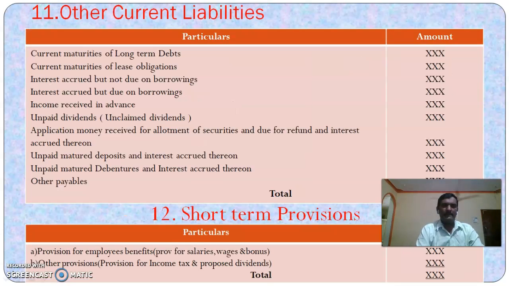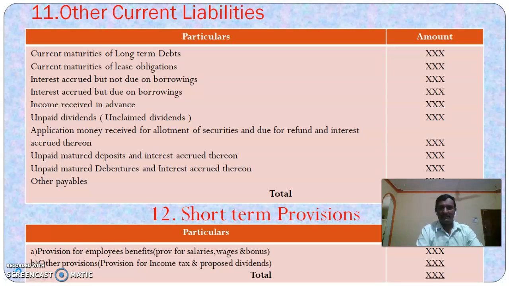Other current liabilities like current maturities of long-term debts, current maturities of lease obligations, interest accrued but not due on borrowings, interest accrued and due on borrowings, income received in advance, unpaid dividends, also called unclaimed dividends, application money received for allotment of securities and due for refund and interest accrued thereon, unpaid matured deposits and interest accrued thereon, unpaid matured debentures and interest accrued thereon, and other payables are to be recorded under the head other current